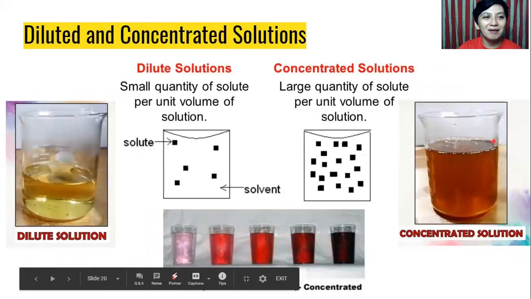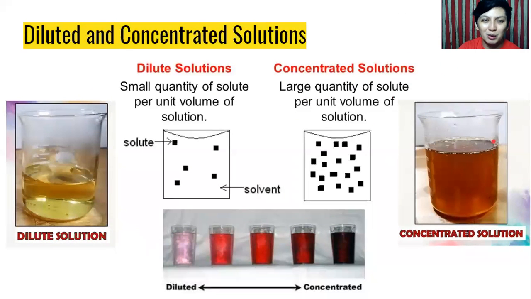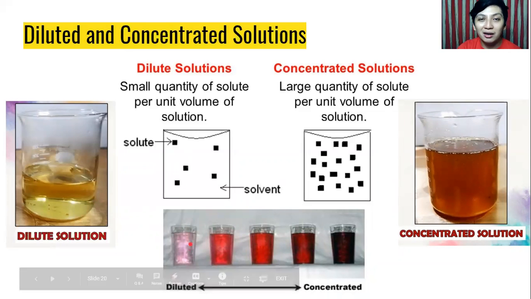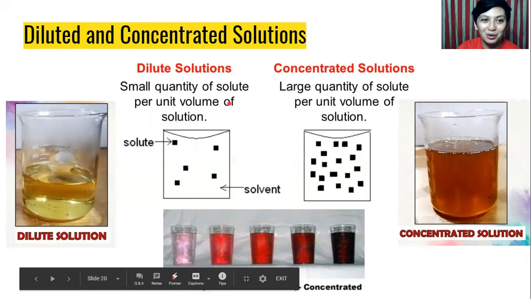And then, we have diluted and concentrated solution as well. Actually, they are almost the same. But here, we can say that dilute solutions is small quantity of solute per unit volume of solution, like unsaturated. And this is what it looks like. To illustrate this one, just look at this picture and look at its examples at the bottom. So, napakaputla. So, kumbaga, kung magtitimpla kayo ng kape or ng juice, ito yung matabang na part. Okay? Diluted or dilute solution.